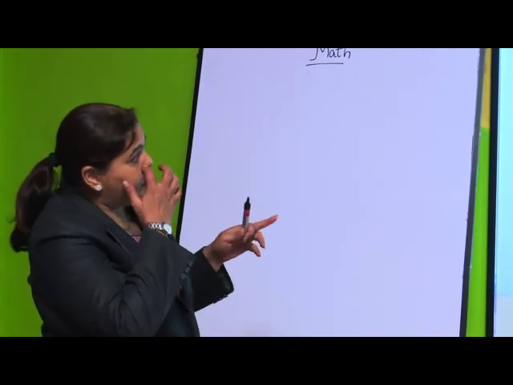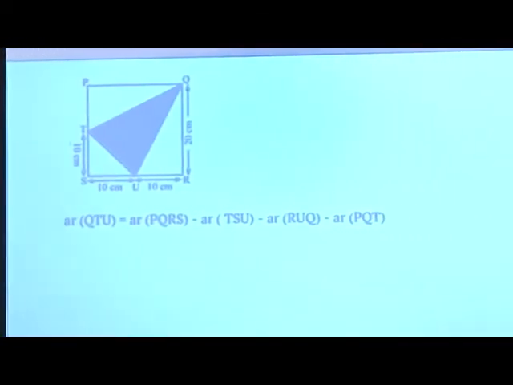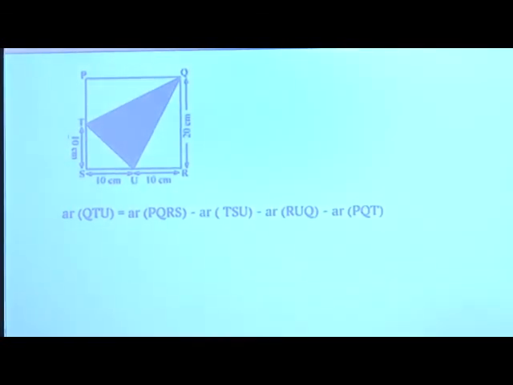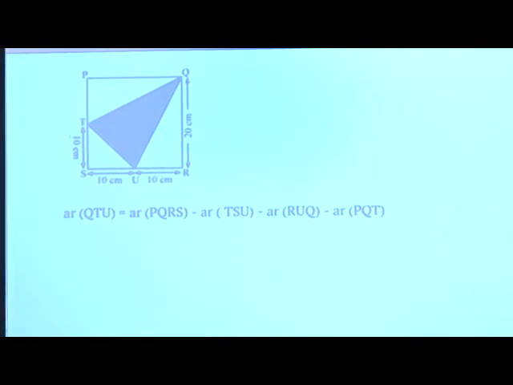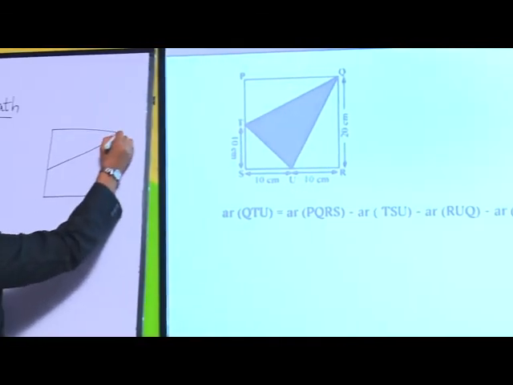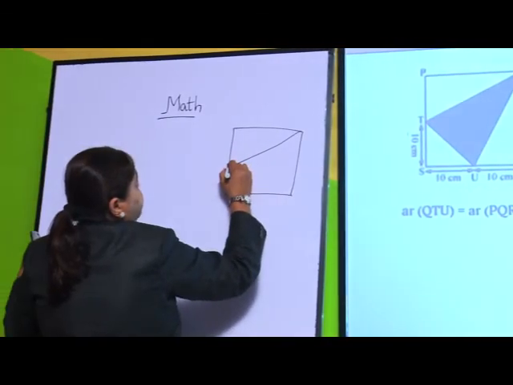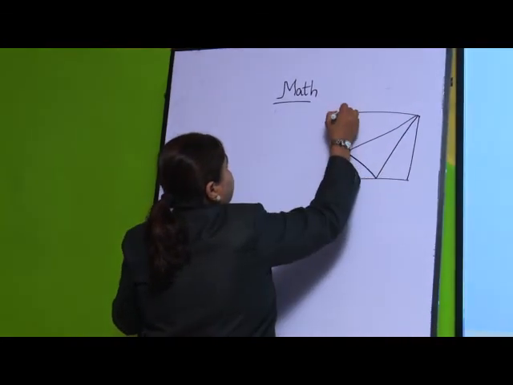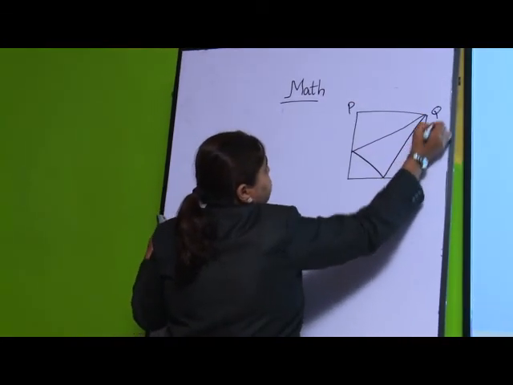Here we are having a figure. This is very similar. I will try to draw this figure. So, it is a square in shape. So, I will try to draw roughly the square figure. Here we have to find out the area of a shaded portion. I am drawing a rough figure, so it will be easier to understand.